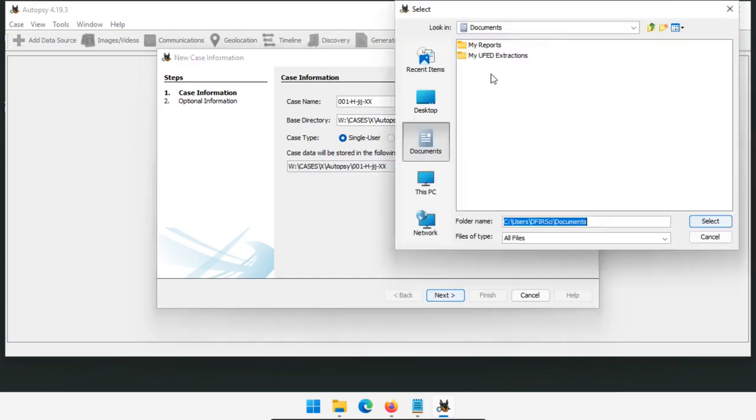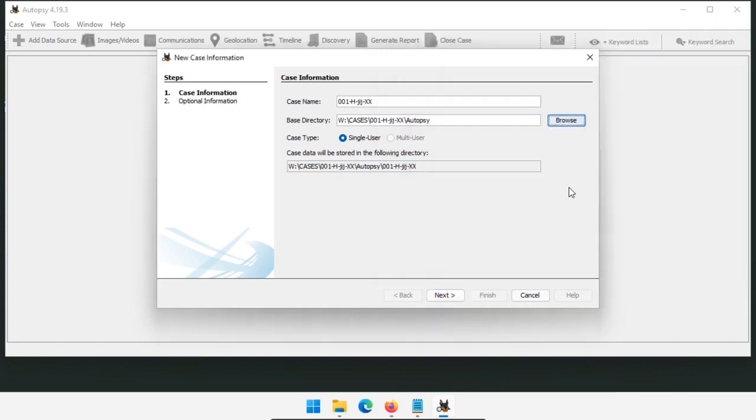And then the base directory I want is W drive cases and then the case name, and I'm choosing Autopsy as my base directory. That way all of the Autopsy case files are stored inside that Autopsy folder. Click select. So now I have the case number, I have cases and Autopsy, and then the case type is